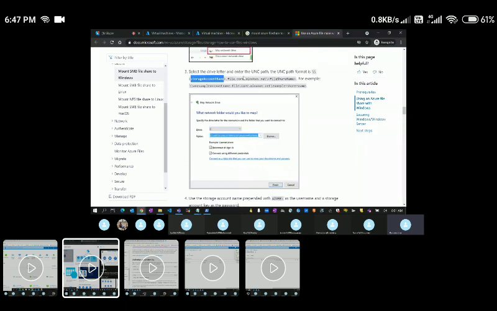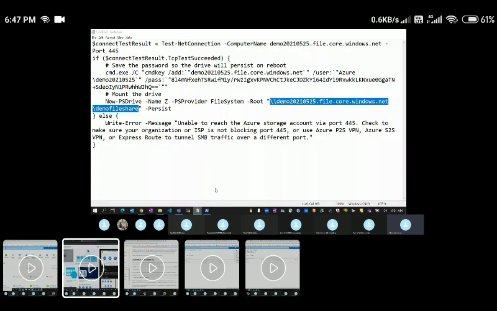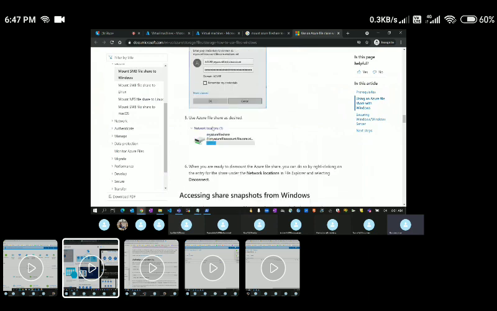Once you put it here, it will ask you for the username and password like this. Here you could see the Azure slash. You have to give the username and password. So this is the username. Here you could see this is the user, so you need to copy till here, and this is the password. Once you pass those two and click on OK, you will be able to see